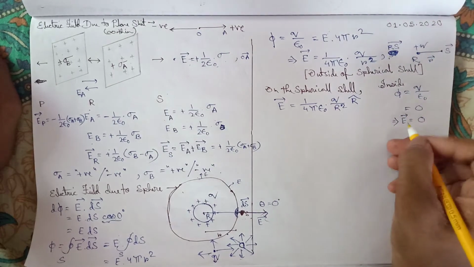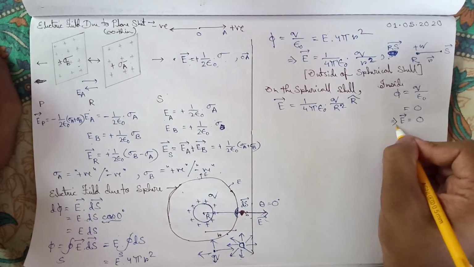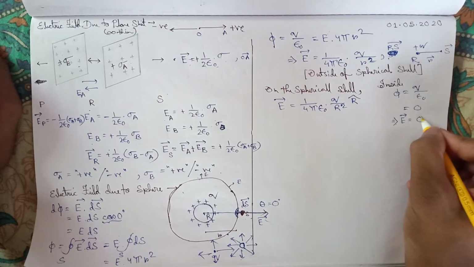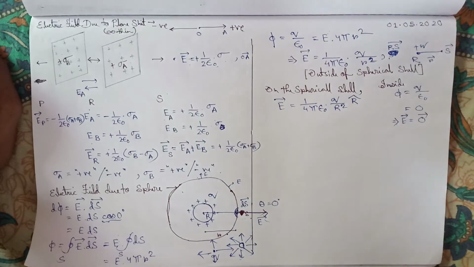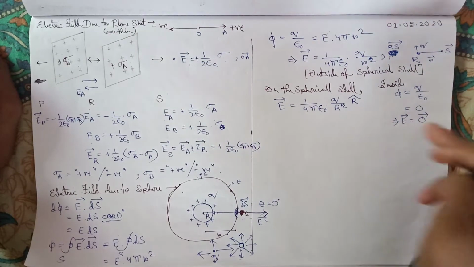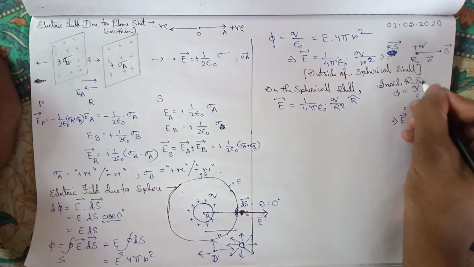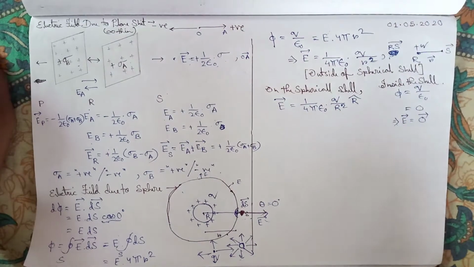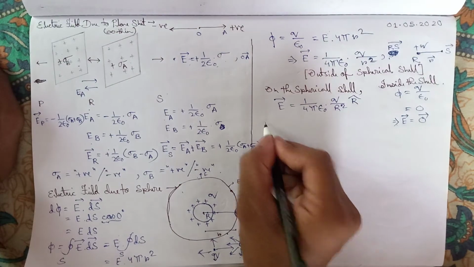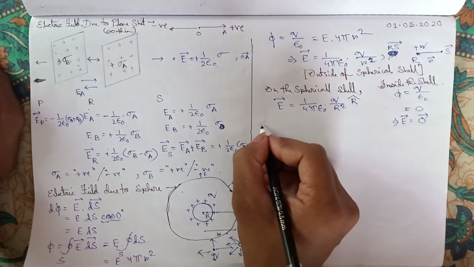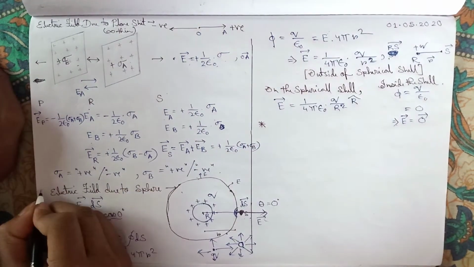When you write like that, if on the left hand side you write a vector quantity, then on the right hand side you also have to mention a vector quantity, so it will be a null vector: an arrow over a 0 inside the shell. Now what will happen if this is a solid sphere? This is a shell. Now take it as a solid sphere.